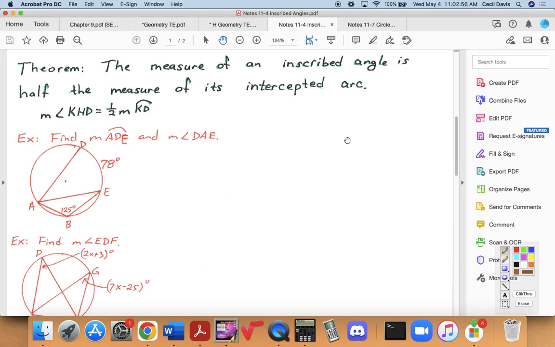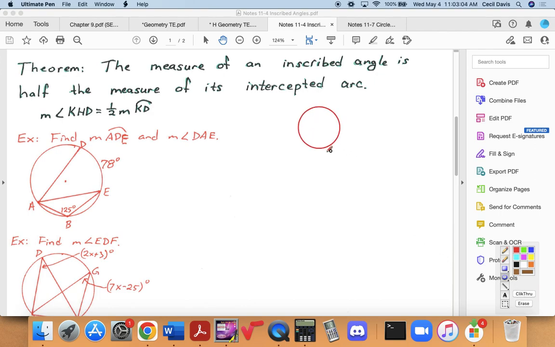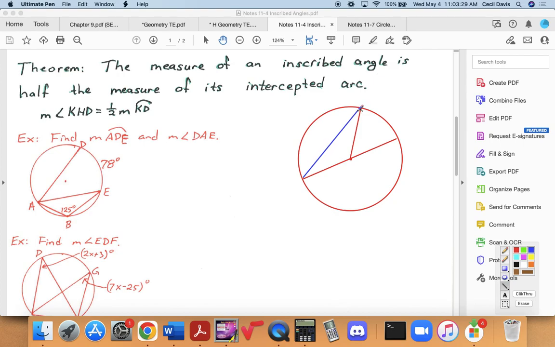Okay? I'm going to real quickly show you why. You don't have to remember this, but I think by now you guys know that I'm real big on understanding, well, why does that work? So what we're going to do is start with the circle. And to make it easier to explain, I'm going to draw a diameter. Again, you don't need to draw this. I'm going to draw in a central angle. And then I'm going to draw in an inscribed angle. So yeah, I know this is the same line, but